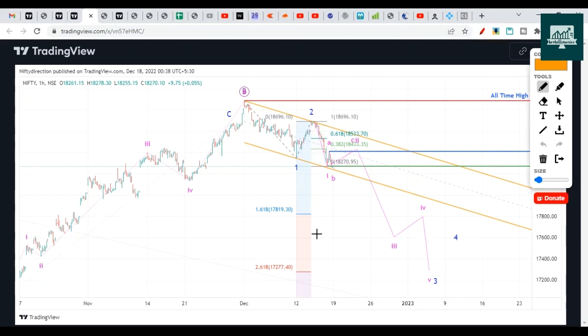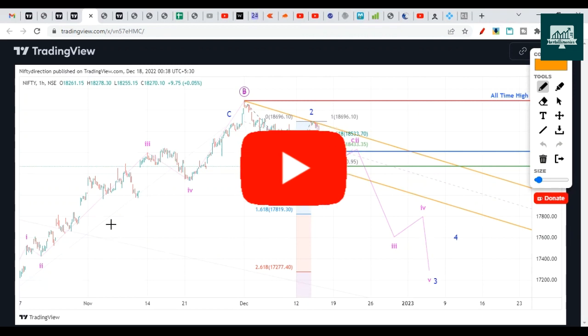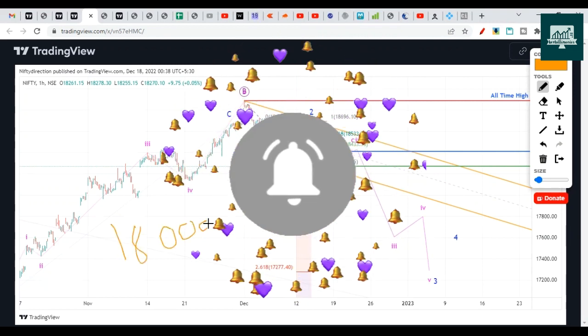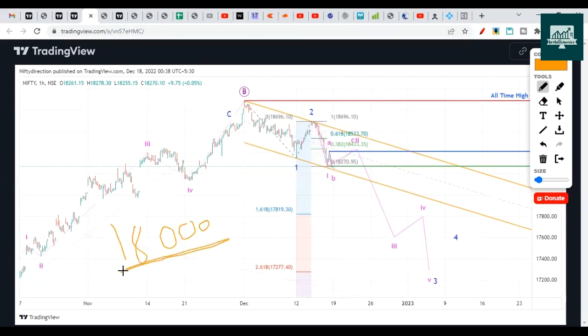So the first chart will be activated if we break below 18,000. So let's see if we close below that 18,000. I will consider that 17,800 is a minimum expected level as per me. Third wave will go usually beyond this, and in case of extension, I'm expecting it to reach the 2.600 Fibonacci, which is coming around 17,300. So third wave should reach beyond this.